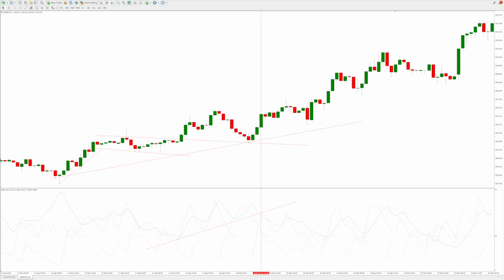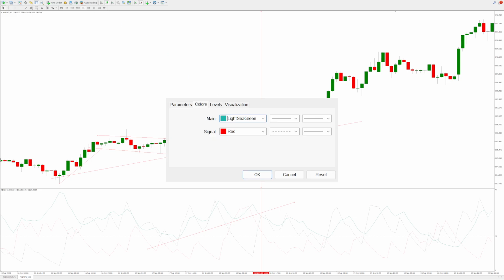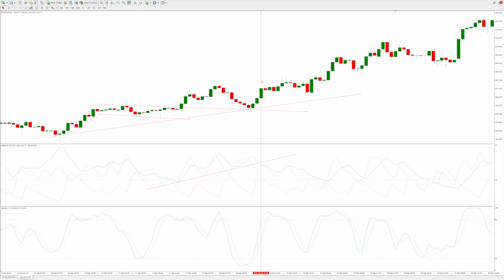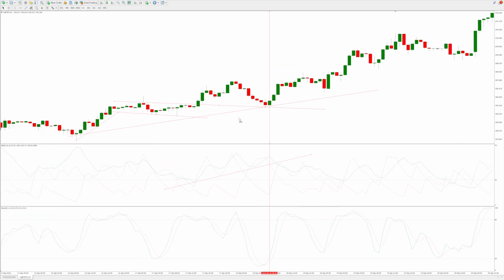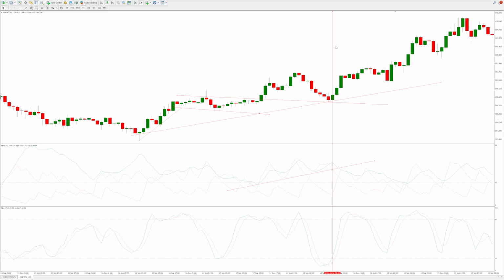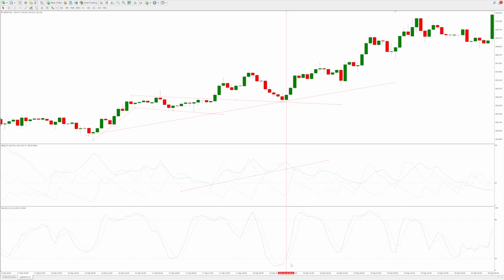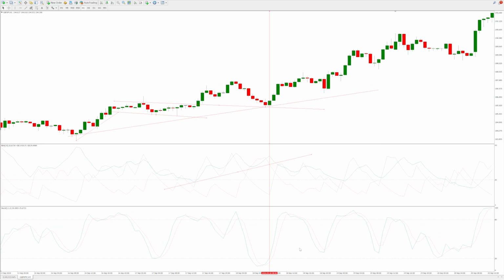What shall we use? Let's use a stochastic oscillator. For long trades with a stochastic, you want to look to buy when price is oversold or in and around this oversold zone, which is 20 and below, and the main line is crossing above the signal line. That indicates it's a time to start looking to buy. To clarify, you'd sell or look to sell when the stochastic oscillator is in around the 80 zone and above